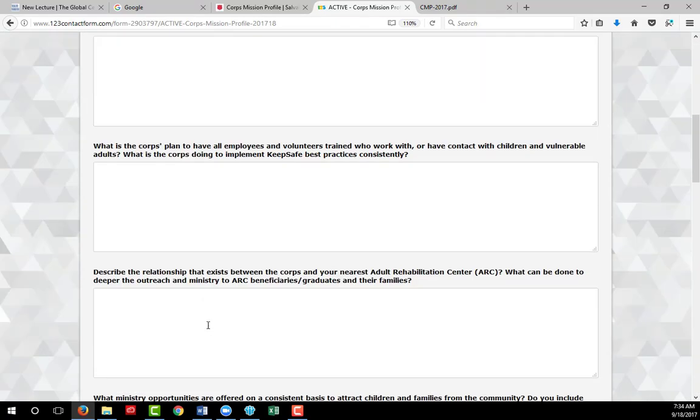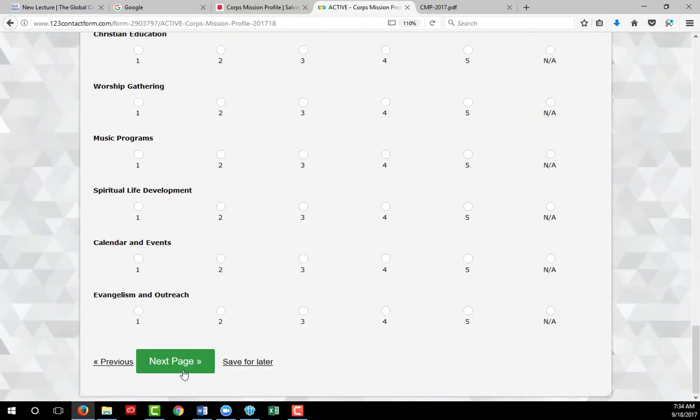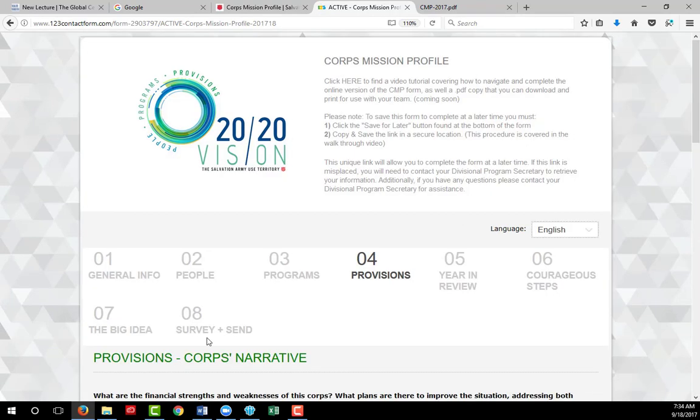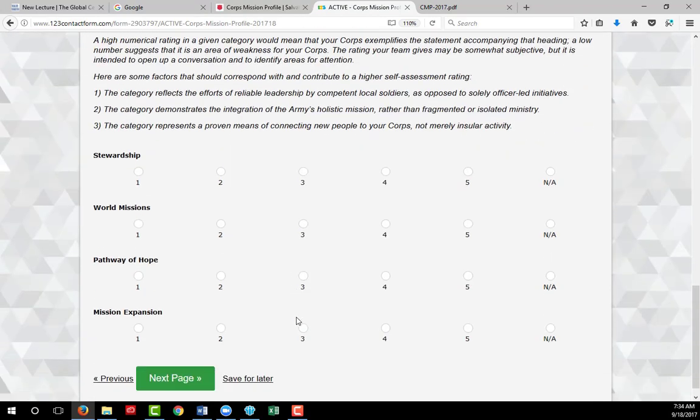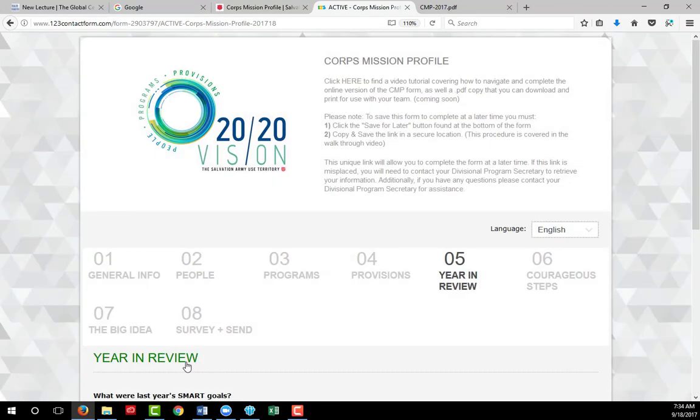The next 2 pages relate to programs and provisions, respectively. And the procedure there is the same as it was for the people section. And there are some more narrative-focused questions, as well as the Corps assessment. Now, the next page, Year in